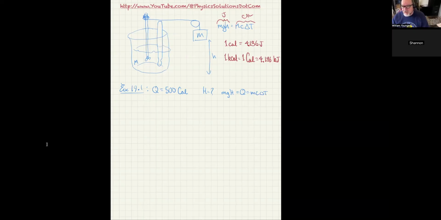So what we're saying here is the heat required to change an object's temperature from T0 to some final temperature T is directly proportional to the mass of the substance whose temperature you're changing, because it makes sense that a drop would take less energy to warm up than a gallon of a liquid. You would also think it's directly proportional to the change in temperature. So, for instance, a change in temperature from 50 degrees Celsius to 51 is a lot different than a change of 50 degrees Celsius to 500 degrees Celsius. So, again, Q is proportional to delta T.